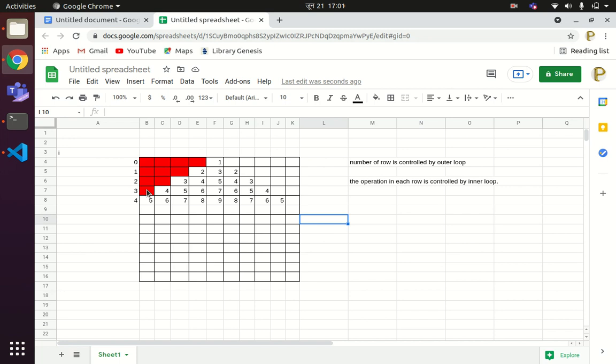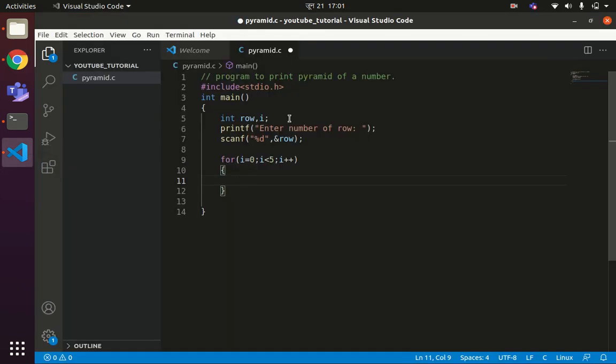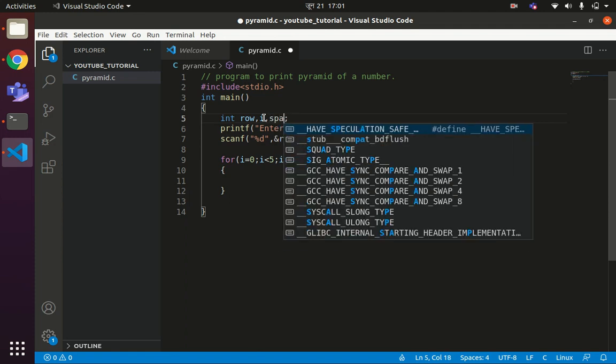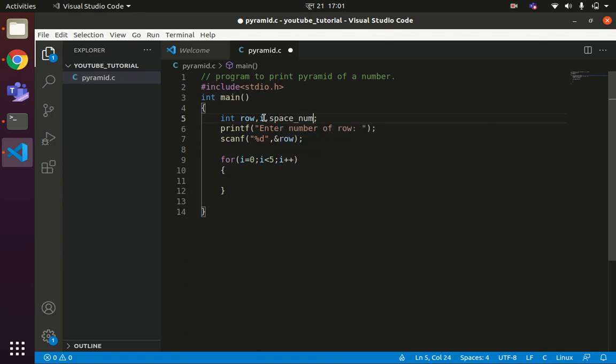First we'll write the program to print the number of spaces. Create one more variable called space num. You can see there is a relation between space num and the number of rows. If the number of rows is 5, the number of spaces to be printed at first is 4, so it is nothing but row minus 1.